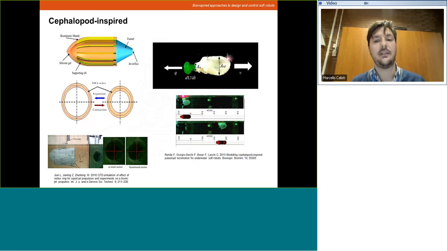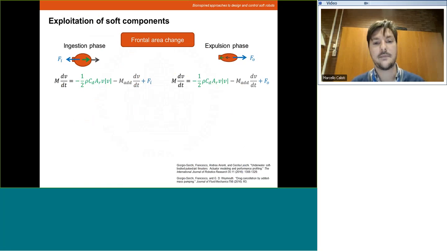Jellyfish use that, cephalopods use that, but what is interesting for soft robotics is that forces, again, are shape dependent. So when you have this kind of jet propulsion implemented with a soft propeller, basically when you are ejecting your water, you are reducing your frontal area. And in this way, you are reducing the dissipative force that you have on your body, and so you obtain